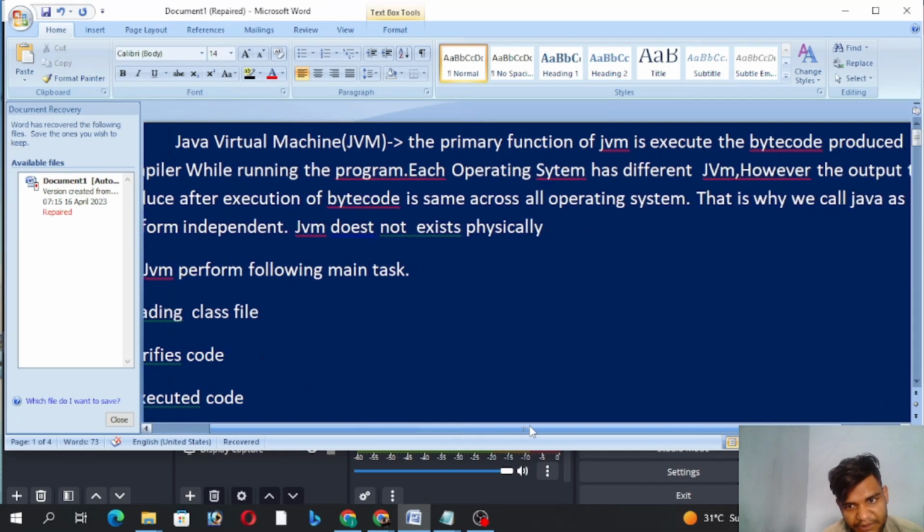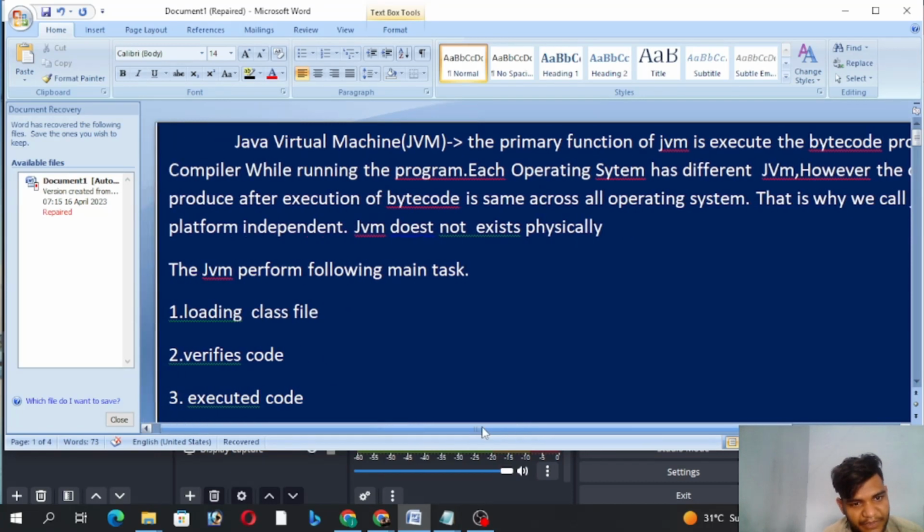That is why we call Java platform independent. Java code is converted by the compiler to bytecode. This bytecode is platform independent, so you can use it on many systems. And the next important part,